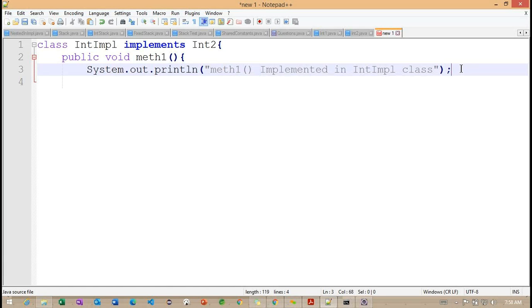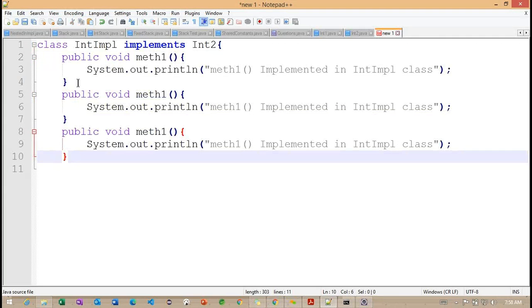Method 1 is implemented in our interface IMPL class. In the same way, we need to implement these 2 and 3 methods here.